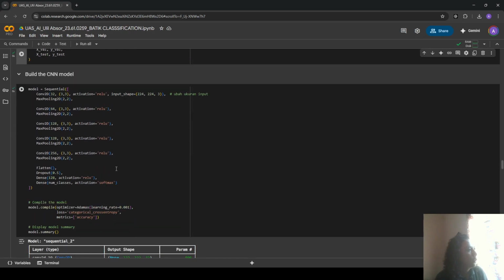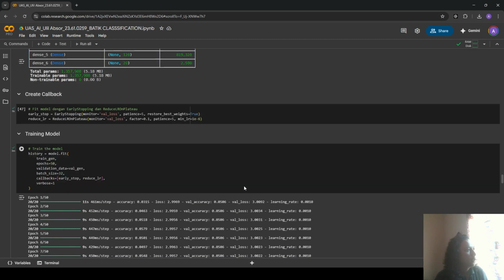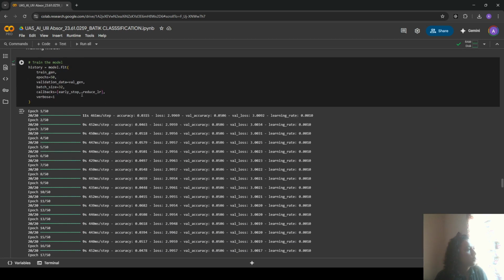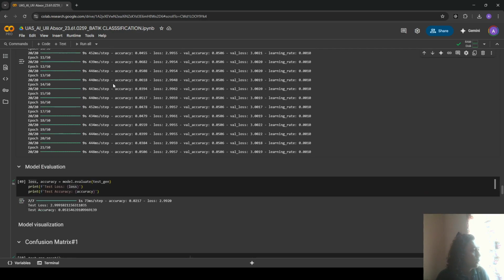And also, if we make the CNN model from scratch, we have to tune the model again. And next, we have to set the batch size. Maybe we can try to change the batch size to 16, even with 50 epochs.